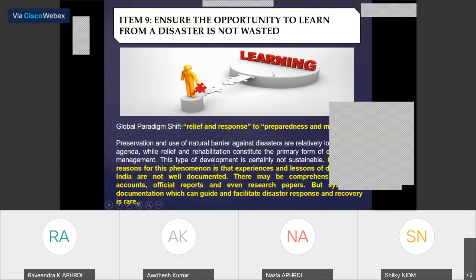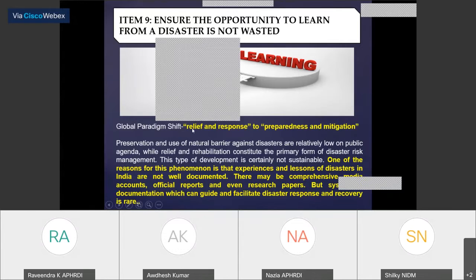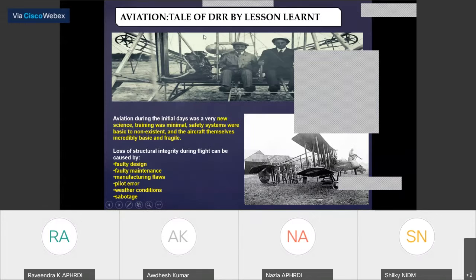So in this area, we are also using technology. The global paradigm shift is basically moving from relief and response to preparedness and mitigation. We are not going to provide relief and response after the disaster; instead, it is better to prepare and make the mitigation plan before the disaster outbreaks in the area. Now this is a global paradigm shift, and this is an example of the aviation industry, where the aviation industry learned